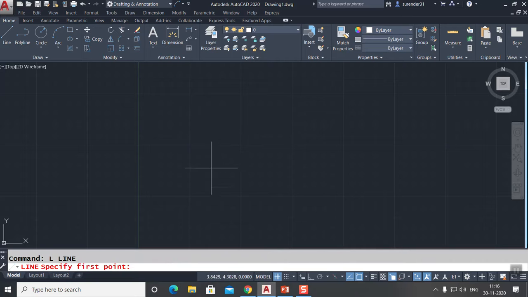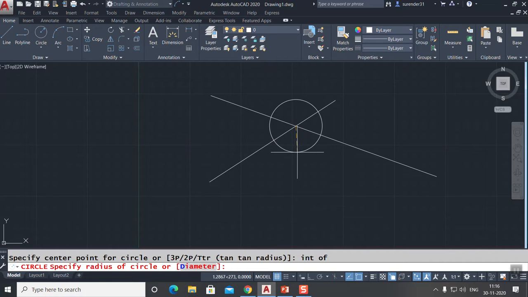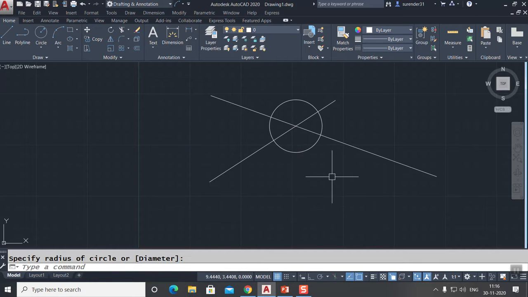Now let's see about intersection. I have two lines like this, and I want to locate the intersection point. As you can see, the status is not on. But I want to draw a circle or line from the intersection point of these lines. So I type C on the keyboard for circle, and I type intersection. As I said, you need to type the first three characters, so for intersection I type INT, I give enter, and I locate the intersection point here, and I click. So I locate the intersection like this.